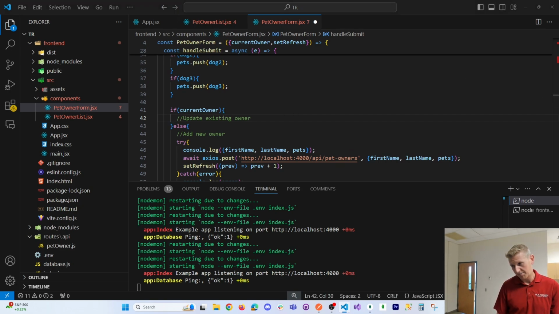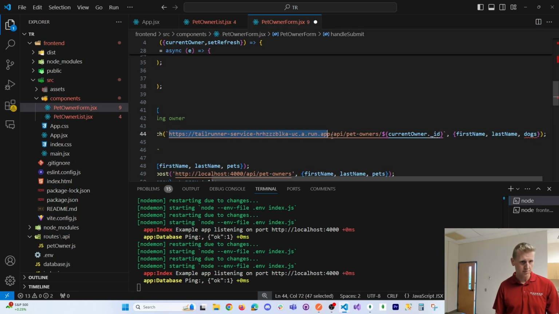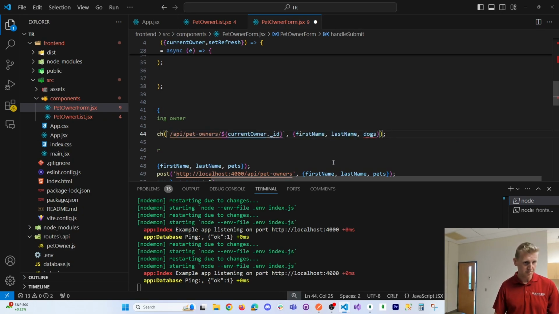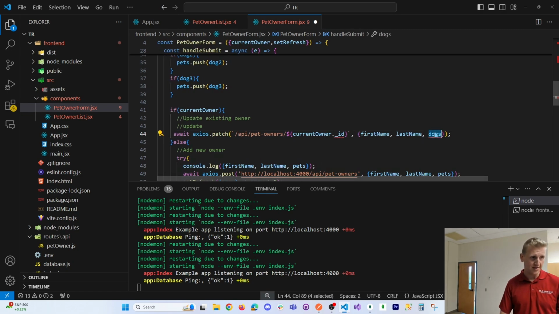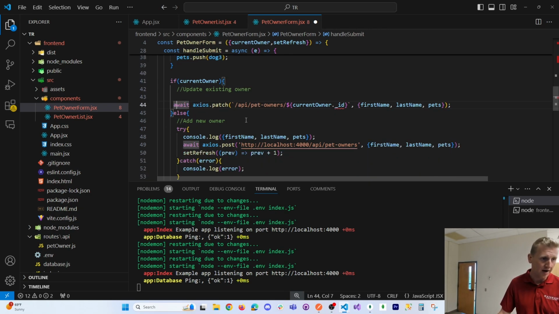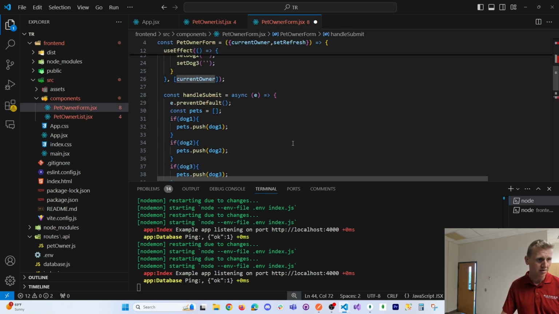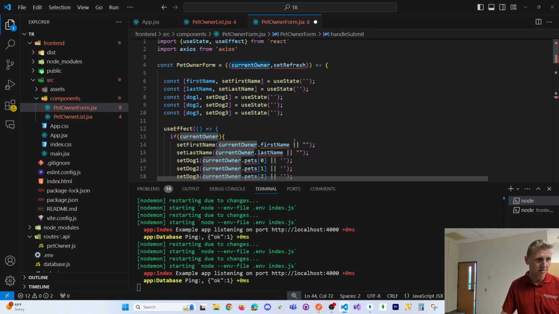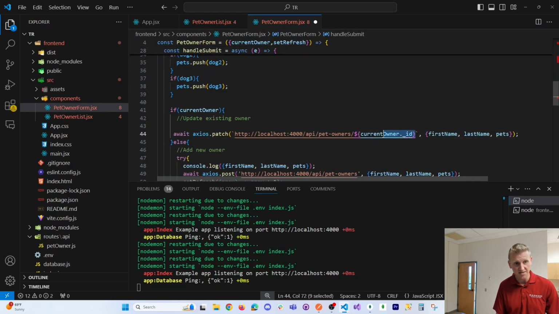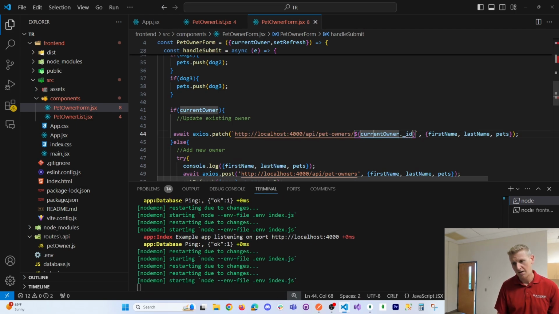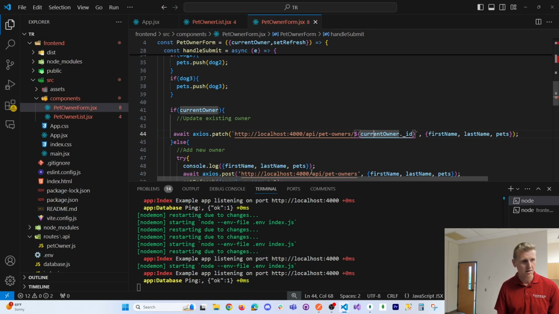And so the update operation, we will hit our localhost. Let's get this pets. So let's hit our axios.patch. And what is our route? HTTP://localhost:4000/api/petowners. Now we have to send the current owner's ID. So there should be a current owner ID. Again, that object was set. Underscore ID is the object ID. And after we patch,